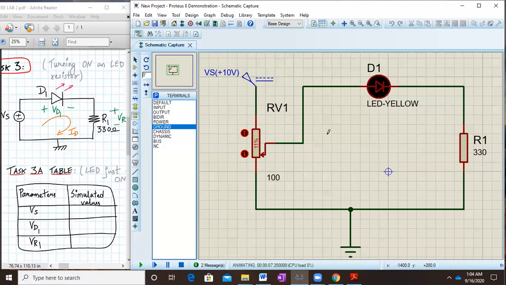Okay, so we'll click on this and we'll slowly increase the voltage. We want to see how much voltage is this, right? So what we will do is, again, I stop the simulation. We have to pause and then stop the simulation. Both we have to do. So this is my pause the simulation and this is my stop the simulation. First I have to pause and then I have to stop.